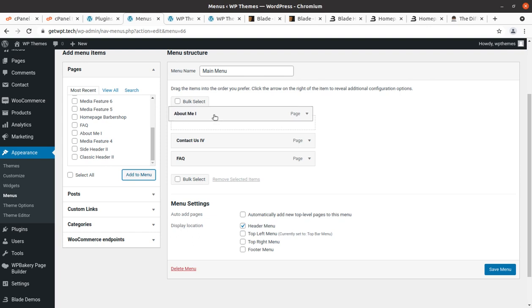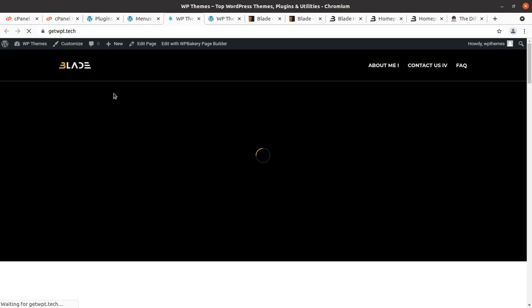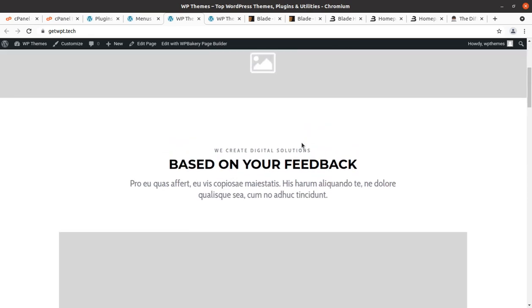So I just kept 3 pages just to preview the theme, how it looks with the menu, and it should be fine now with the menu. Yes, so the menu is coming here, so it is very simple. And similarly you can put all the contents.